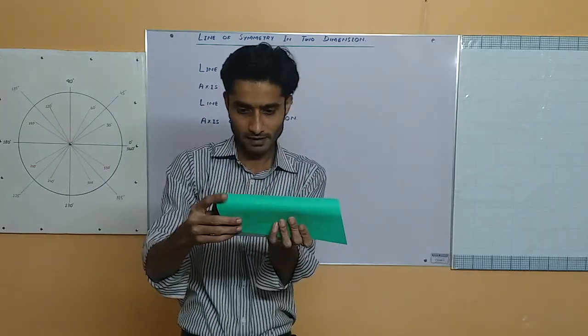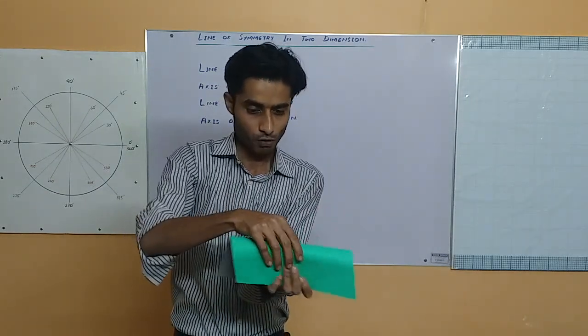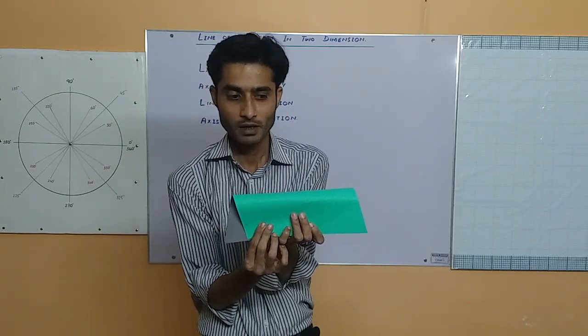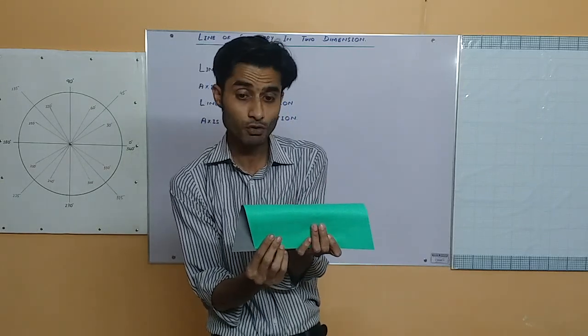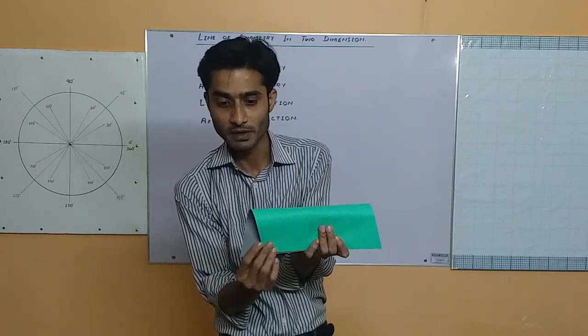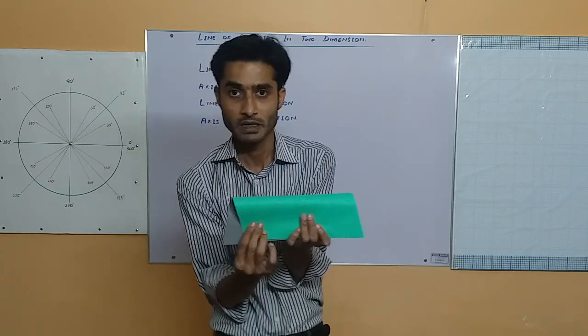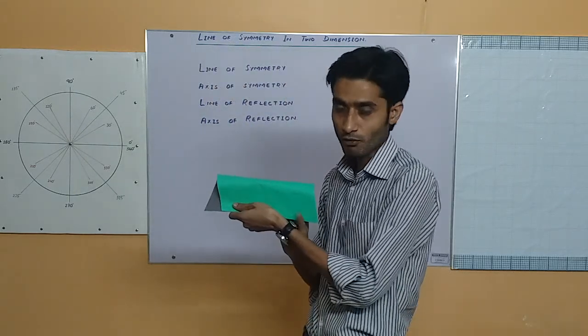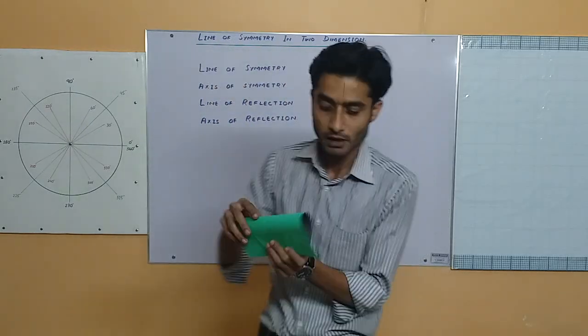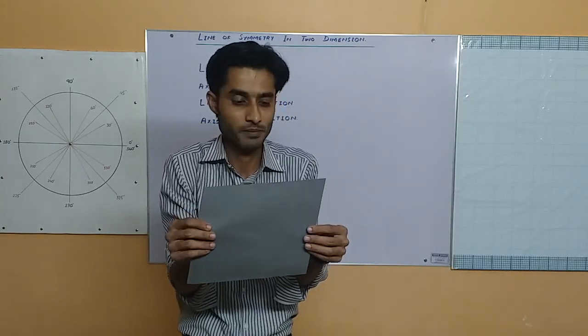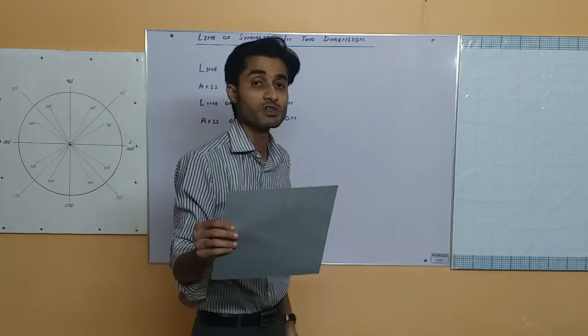If I just bend it like this, fold it like this, do you think that the upper half has completely covered the lower half? If it had done so, then this part would not have been visible. This is the lower half, which is still visible. And when I turn it around, this is also visible. So this shape is not a symmetrical shape because it does not get divided into two symmetrical